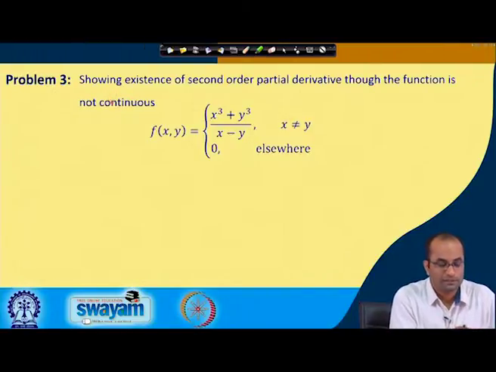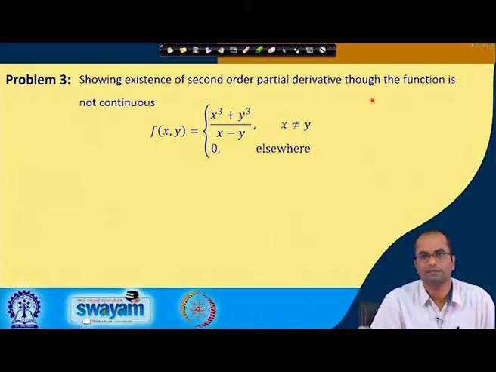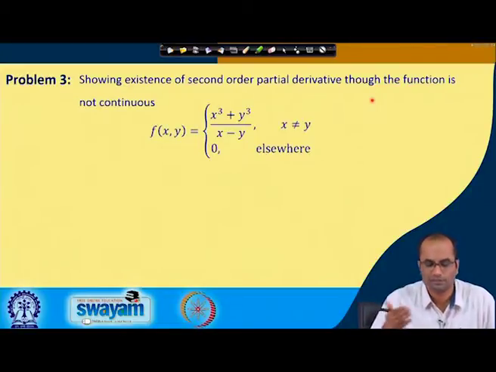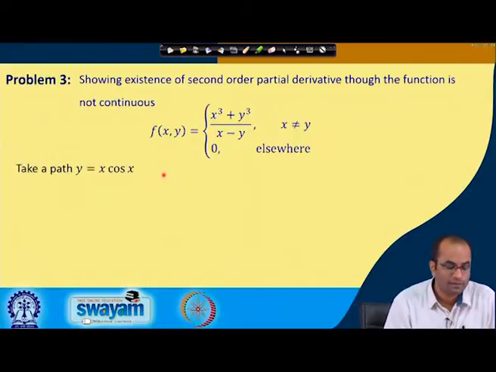So, now the next example shows the existence of the second order partial derivatives, though the function is not continuous. We have seen such results earlier for the first order partial derivatives: the function is not continuous but the partial derivatives exist, and the function is continuous but the partial derivative does not exist. So, here also we have, for example, this result that the second order partial derivatives exist, but the function is not continuous. So, how? If we take this path y is equal to x cos x, this is a special path,